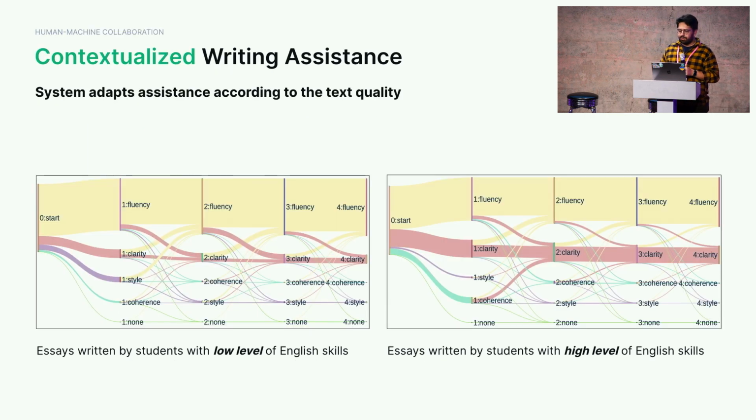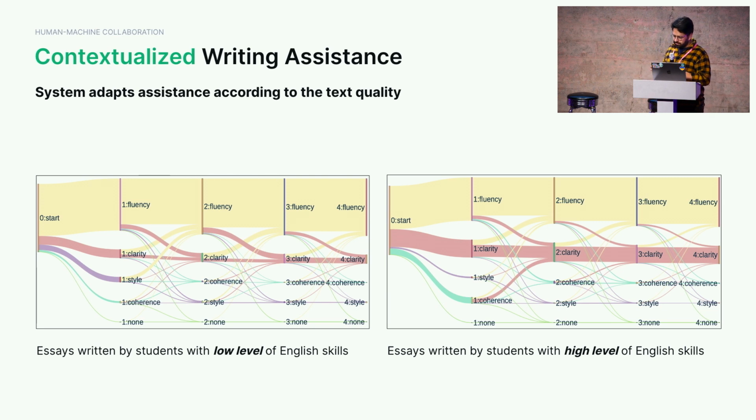So we also shed some light on the behavior of text revision systems by iteratively applying this system to a set of essays. So on the left, you see that we have edit intention trajectories of the system, which is applied to make revisions on the essays written by students with an intermediate or low level of English. Whereas on the right side, we have a similar setting, but essays are written by students with good command of English. And you can see that the system makes fewer revisions for fluency on the essays written by the second group of students, which gives you an idea of how it helps with effective writing for people with various kinds